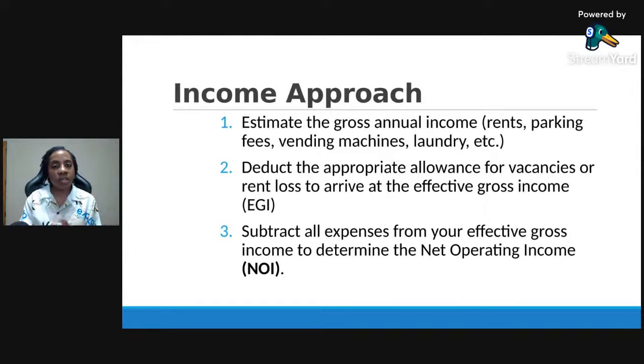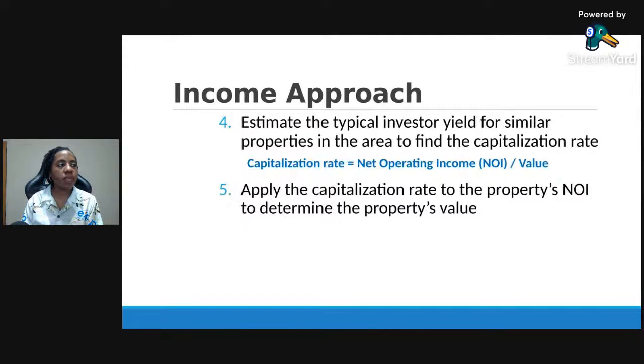A third, we subtract all our expenses. So your taxes, maybe you have a property management company that manages the building for you, utilities, water, light, gas, whatever, lawn care, snow removal, all those things will fall under expenses. We subtract our expenses from our income, and that gives us our net operating income. Okay. So you always work with your net operating income, not your gross income, right? Step four,